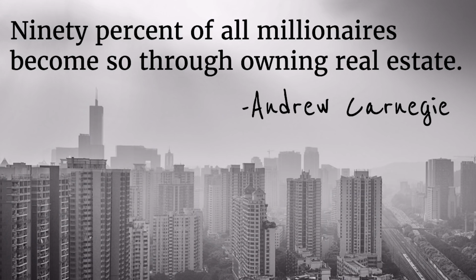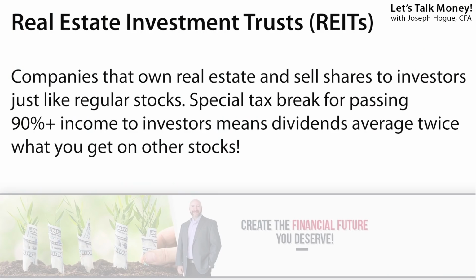It's where I got my start as a commercial property analyst, and no other asset class has created as much family wealth as property. I truly believe every investor needs some exposure to real estate in their portfolio. That can be tough though when one property alone can set you back tens of thousands for a down payment. But with REIT stocks, real estate investment trusts, you can put property in your portfolio just like you do with any other stock. REITs are companies that own real estate, usually hundreds or even thousands of properties, and then sell